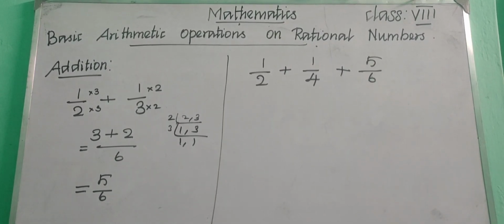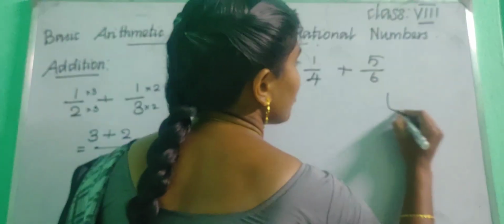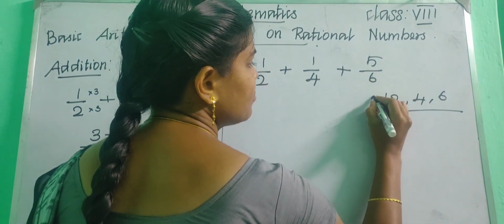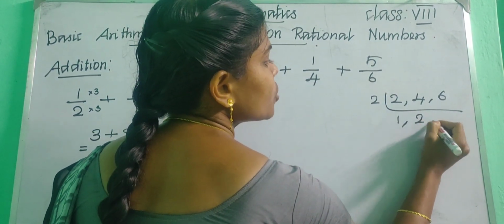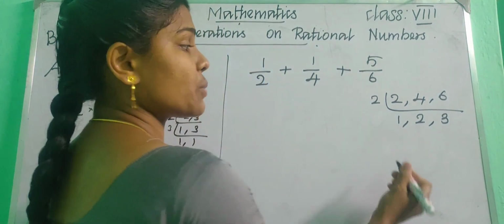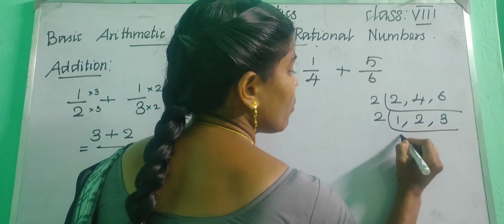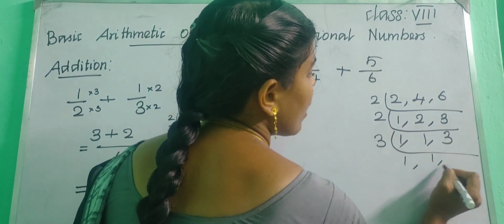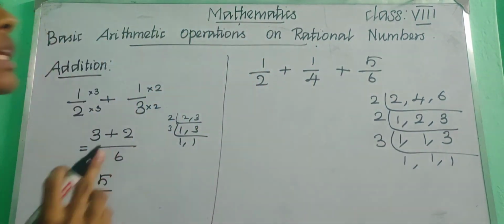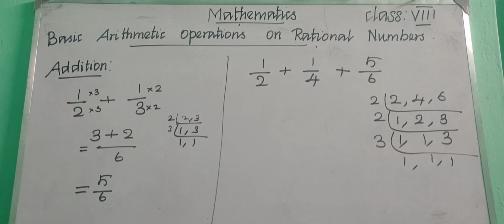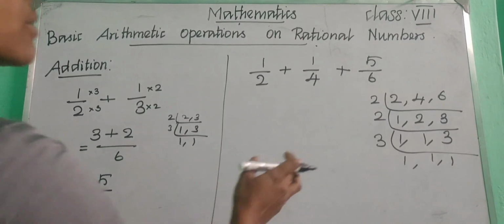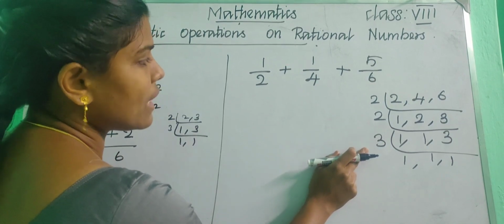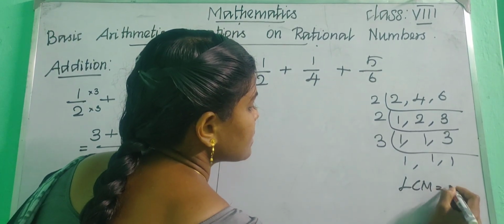Okay. So we can do LCM method. So LCM of these 3 numbers, 2, 4 and 6. Okay, let us take LCM. So 2, 1 2 is 2, 2 2s are 4 and 3 2s are 6. Okay, and again we can put 2. Okay, 1 and 3, and again we can put 3. So 1 1 and 1. Okay, for LCM we should use only the prime numbers. Okay, so what is the LCM? 2 2s are 4 and 3 4s are 12. So the LCM is 12.